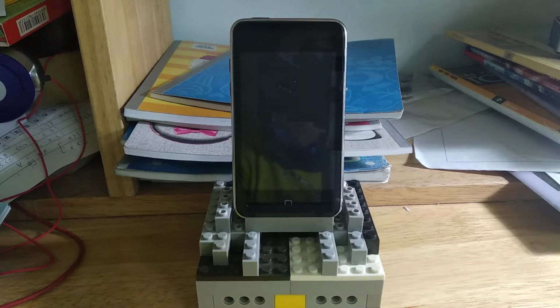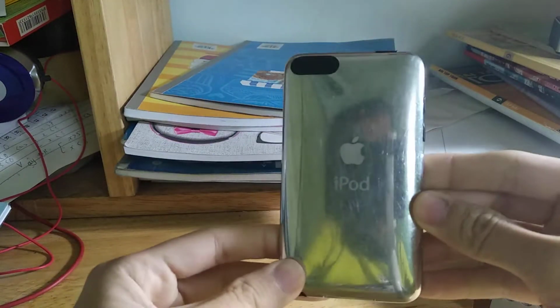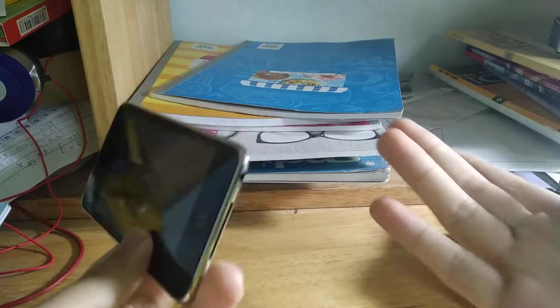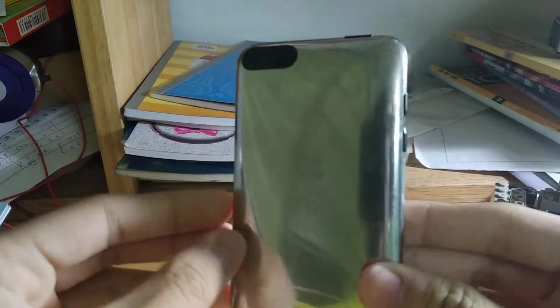Now, as you can see, recently I'm making videos reviewing those iPods. Now, I have another iPod, the third generation iPod Touch. As you can see, in 2009, you can search on the internet about it, on Google or Wikipedia. Yeah, this thing was a successful device from Apple. Yes, the design is very sleek, slim, and a little bit looks like an iPhone 3GS,